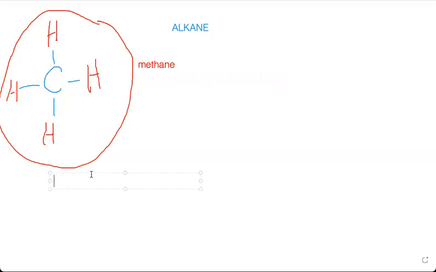Okay, let's move to another. If there are two carbon in a chain, that is called ethane. Three carbon in a chain is called propane. You have to learn these names. Keep in mind that you have to fill the rest of the bonds with hydrogen to find out the formula. There is a general formula of alkane and alkene also, but if you forget anything in the general formula, you will definitely get the wrong answer. So I'm not moving toward the formula right now. Let's try to make the topic much easier.